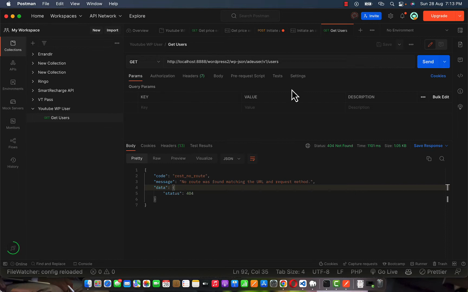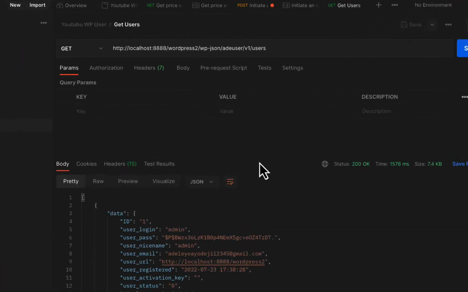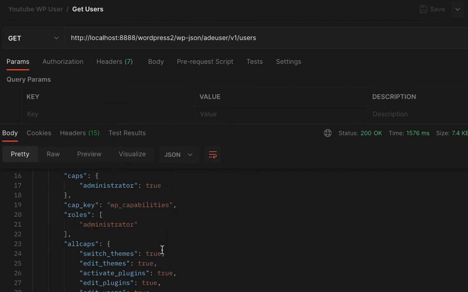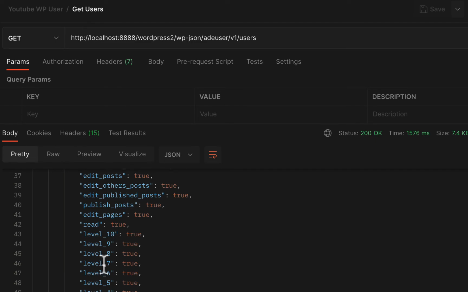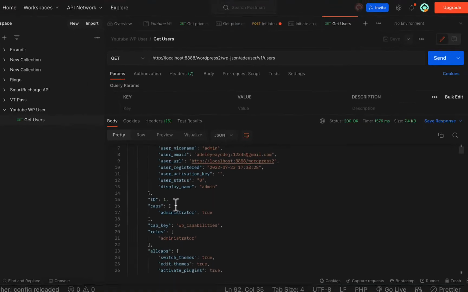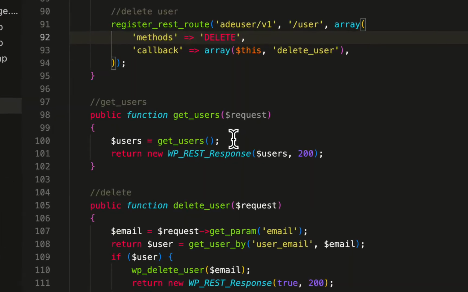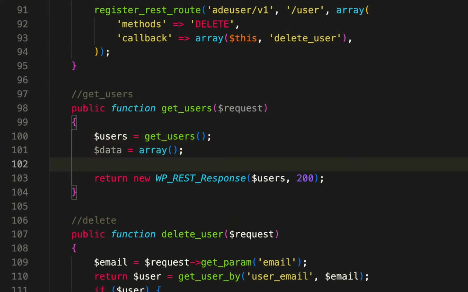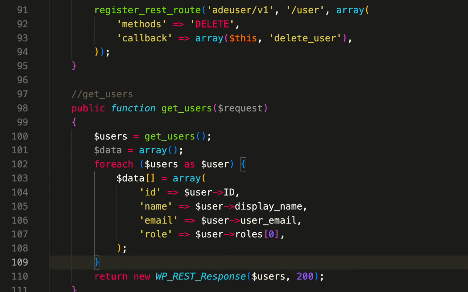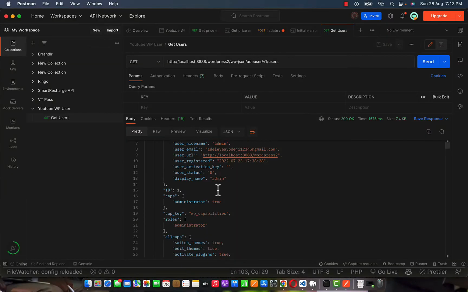So I click on save. Okay, that change. So click on what? Send. Let's click on send. Now we have this data returned for us. In case you don't want all these level 1, level 10, that is when you will now introduce looping through the data. So if you don't want unnecessary requests, unnecessary properties and methods, just like what we have here,